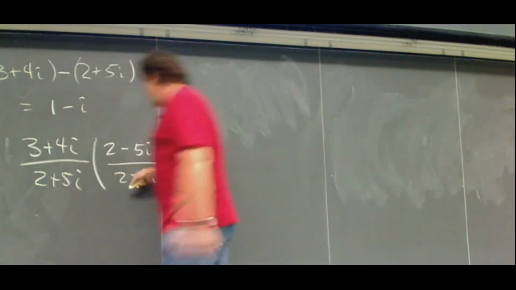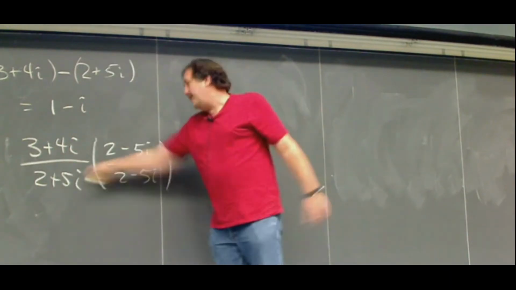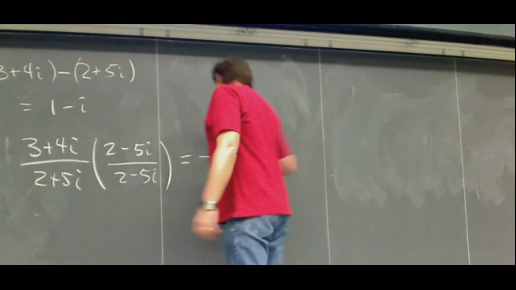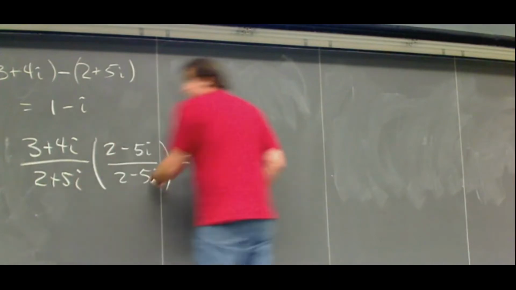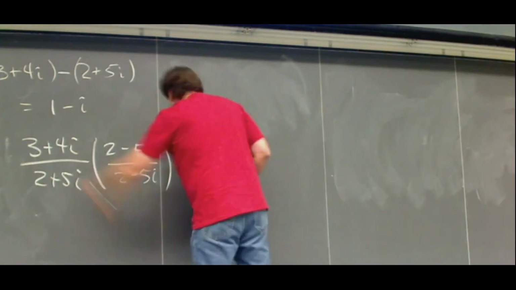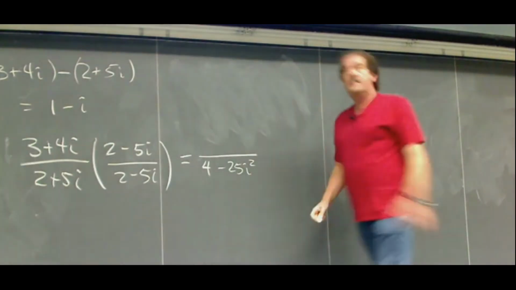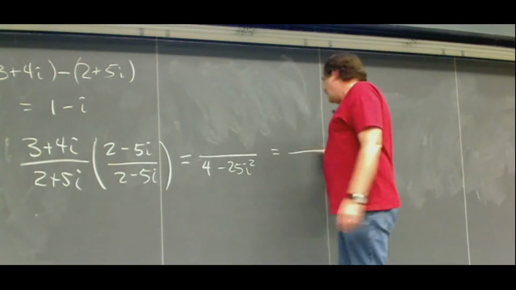And because I changed this plus to a minus, then when I multiply these guys together, there's no middle term. So this will give me, on the bottom, 2 times 2 is 4, 5 times 5 is 25, so I will have minus 25i squared here, but i squared is negative 1, so on the bottom I have a 29,